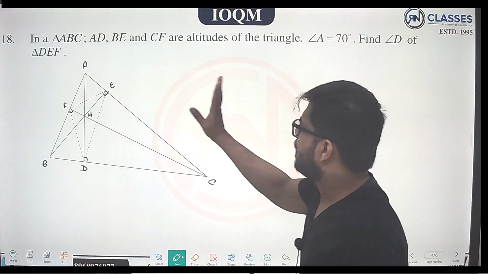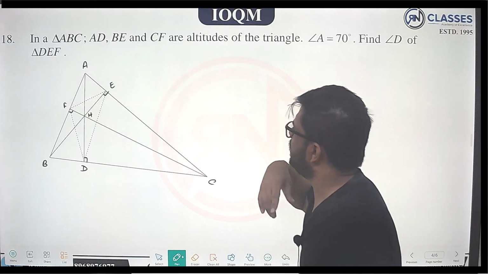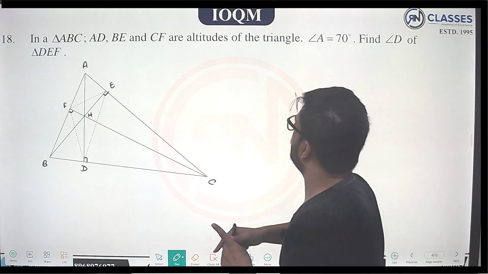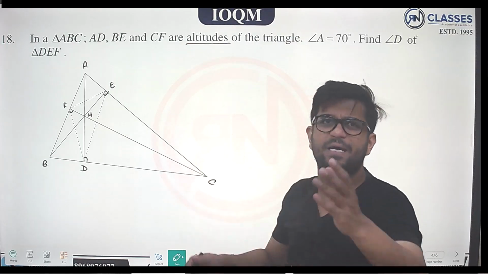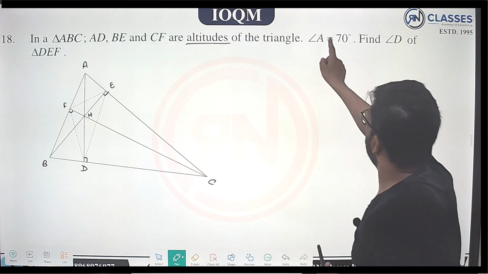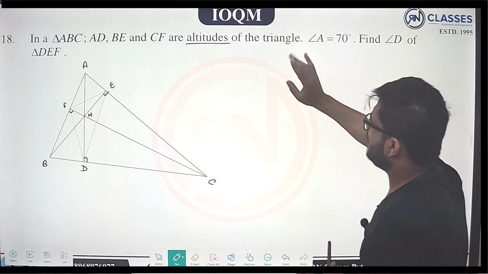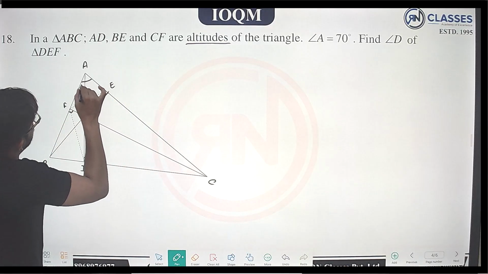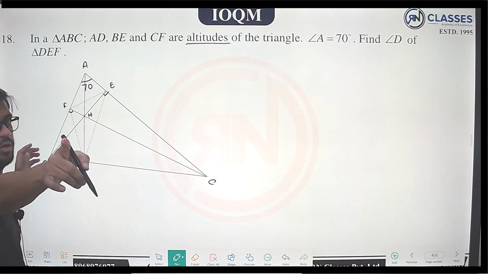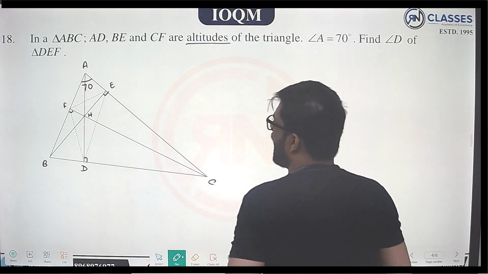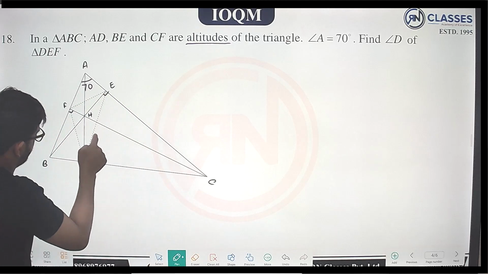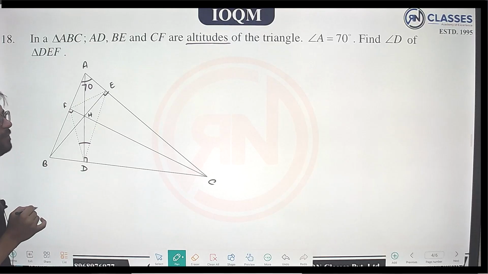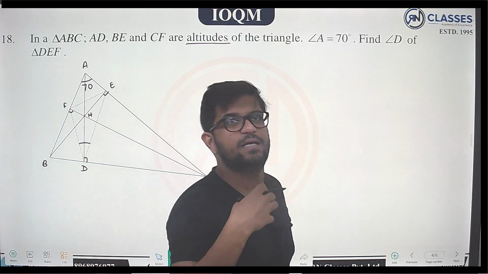ठीक है, 3 मार्कर है। इन ट्राइंगल ABC, AD, ओके, DE, ओके, CF, ओके, आर ऑल्टीट्यूड्स, परपेंडिकुलर है भाई। ठीक है, ट्राइंगल इन अ ट्राइंगल। ठीक है, एंगल A 70 दे दिया, ओके, ये पूरा एंगल 70 डिग्री है, और उसने बोल दिया एंगल D इन DEF। मैंने बना के रख दिया है, DEF ज्वाइन कर दिया, मतलब कि ये पूरा एंगल चाहिए, द एंटायर एंगल BD।